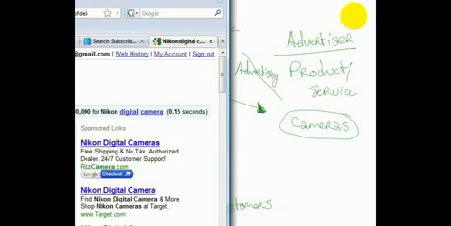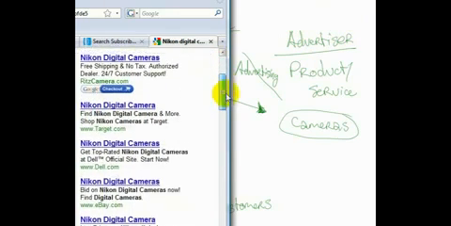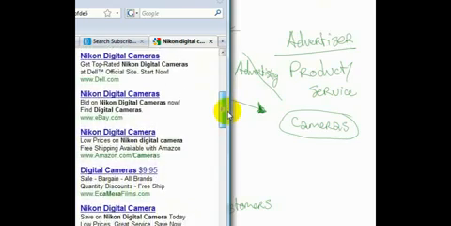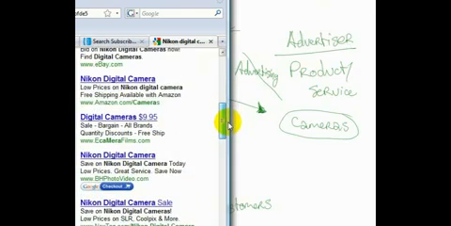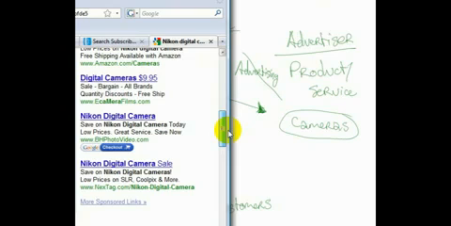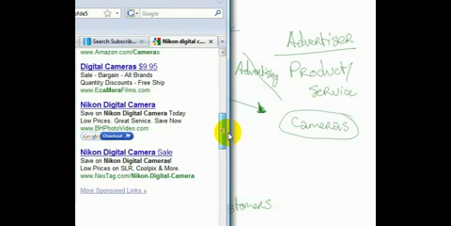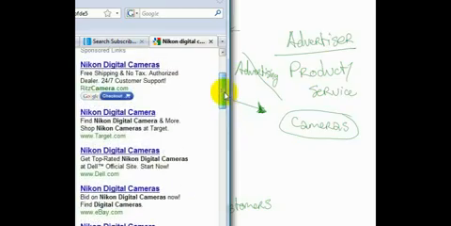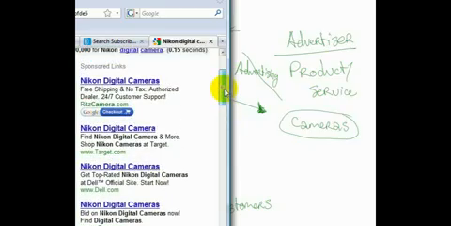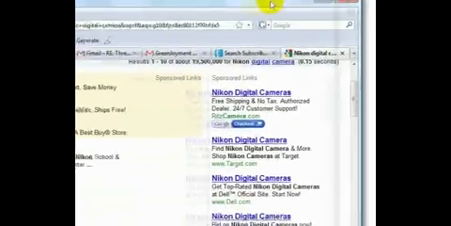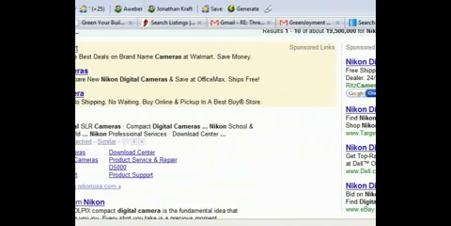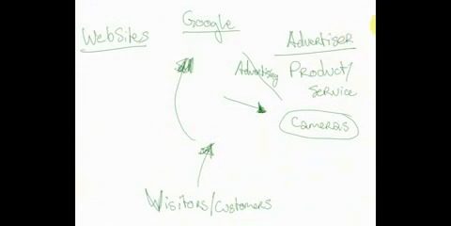See, they're the advertiser. And we have Nikon digital cameras from Dell, eBay, Amazon, Ecamerafilms.com, BP or BH Photo Video. I love those guys, by the way. Nextag.com. So those are all people who are paying to advertise on Google. Those are the advertisers. In our equation, Ritz Camera and all those guys, that's the advertiser, and Google is the person or the company that they're going to try and get people.